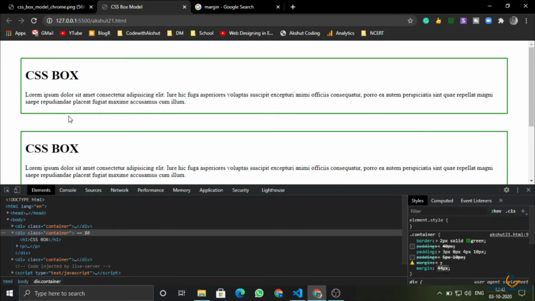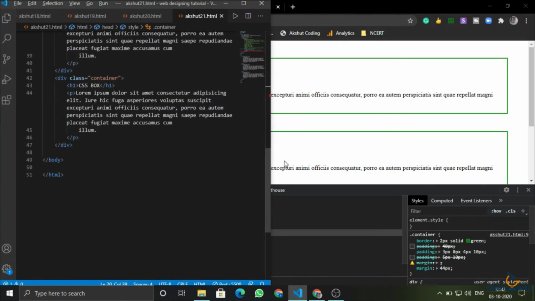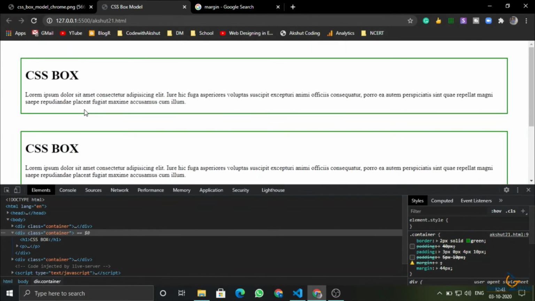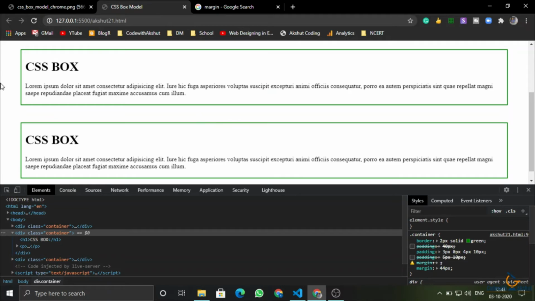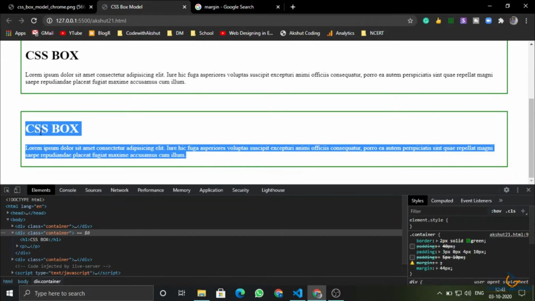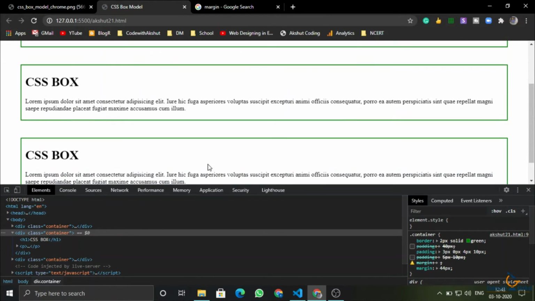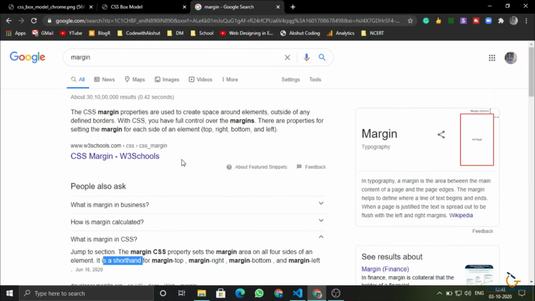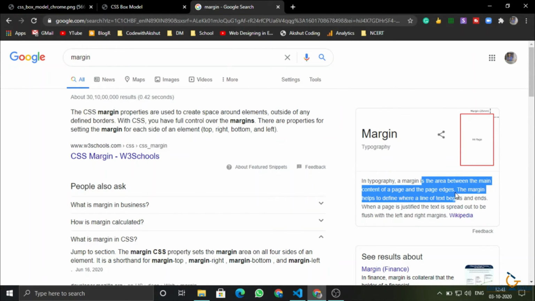We have added these 3 divs, that's why the margin of this div is with the first div and the third div. So this is our margin, a space with the parent. Margin is the area between the main content of the page and the page edges.